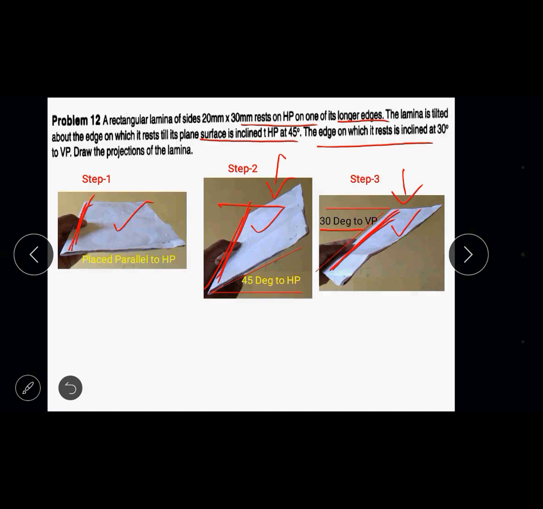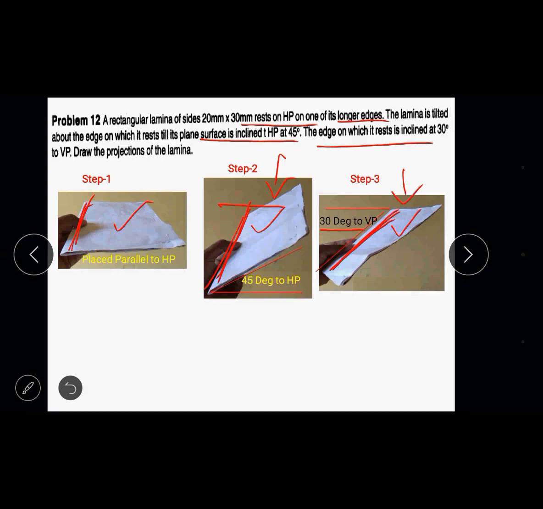Similarly, the top view of step 2. In the second figure, whatever top view you got, and in the third figure, whatever top view you use, both the top views are similar in dimension. So whatever irregular lamina you get in the second figure as a top view, the same irregular lamina is used as the top view in the third figure. But the difference you find is in the resting edge angle.